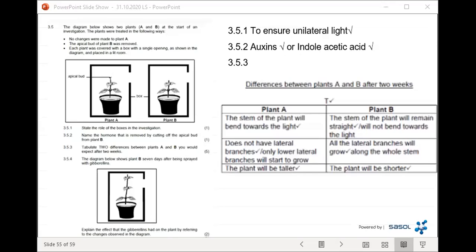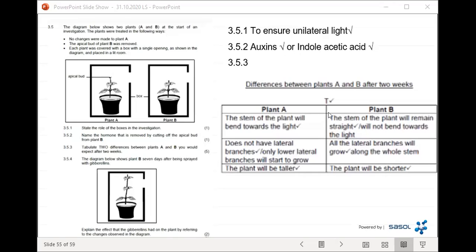Okay, so in plant B, we have lateral branches which will grow. Then plant A, another thing that we can mention is that the plant will be taller. And then in plant B, the plant will be shorter or would have a triangular shape. Okay, so then mark allocation with regards to question 3.5.3, you get a mark for basically answering in a table